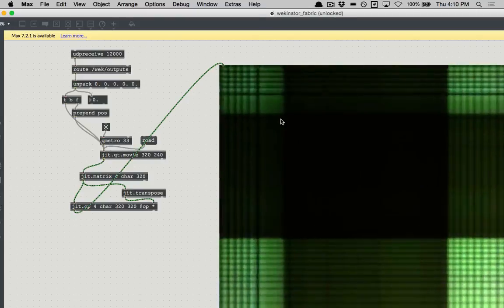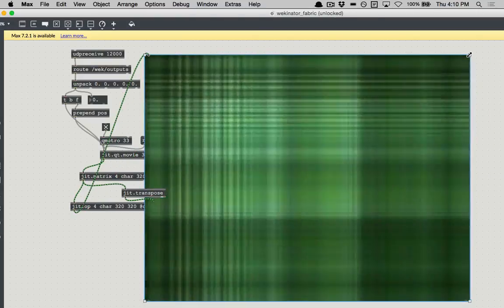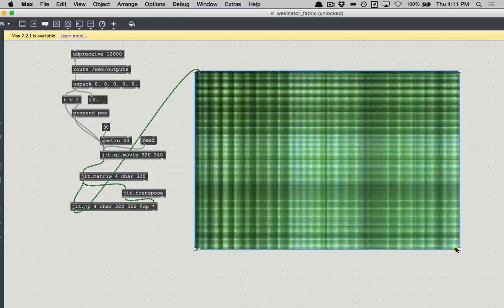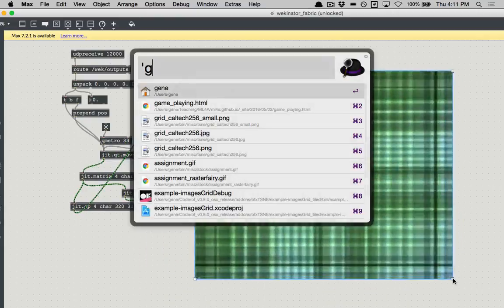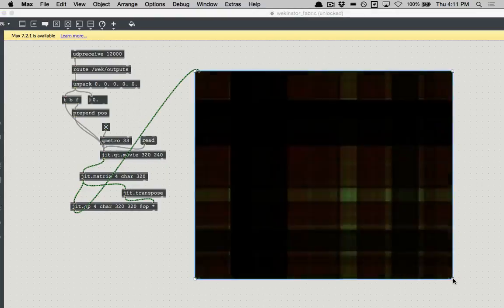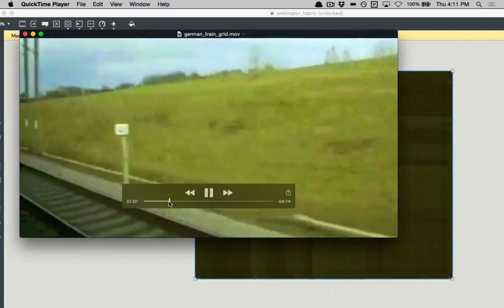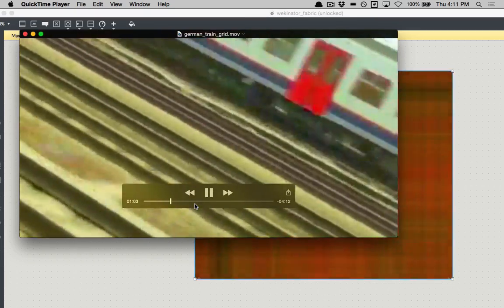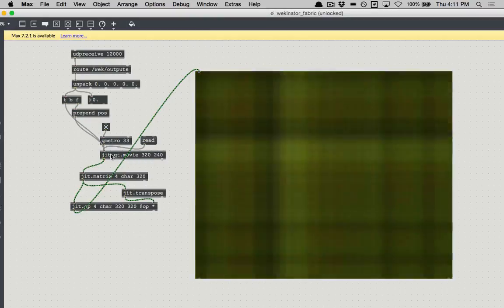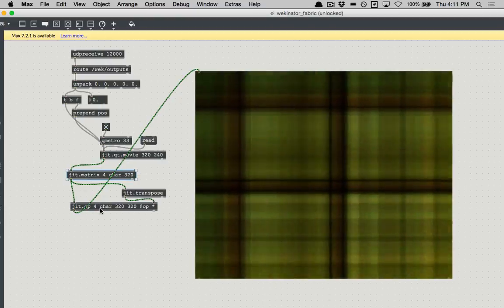I'm just going to make this a bit smaller so you can see it. So this patch's kind of effect, what's going on is, I'll show you the movie itself. It looks like this. It's just a YouTube video of someone riding a train in Germany. And basically what you do here is you read the movie out, and then it goes into a Jitter matrix,